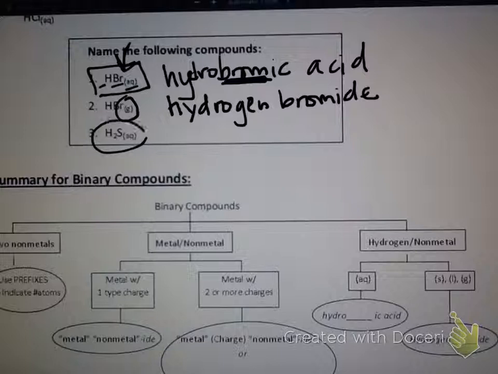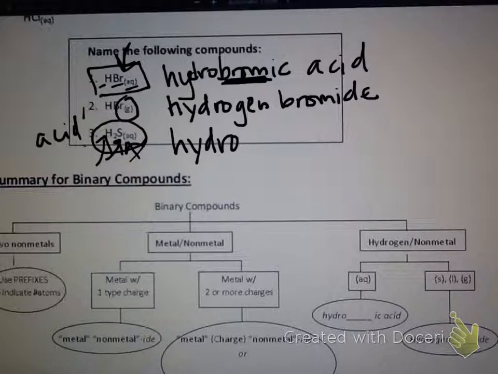Alright, here we see we have a hydrogen, a nonmetal, and we have it in an aqueous solution. Once again, we have the binary acid, so we're going to name this as the acid. When you name a binary acid, you put hydro in front, and then the blank will be the nonmetal's primary name. So it'll be sulfur. This is an interesting one, because sulfur for the hydro binary acid will be sulfuric. You're just going to use sulfur, the entire name. So hydrosulfuric